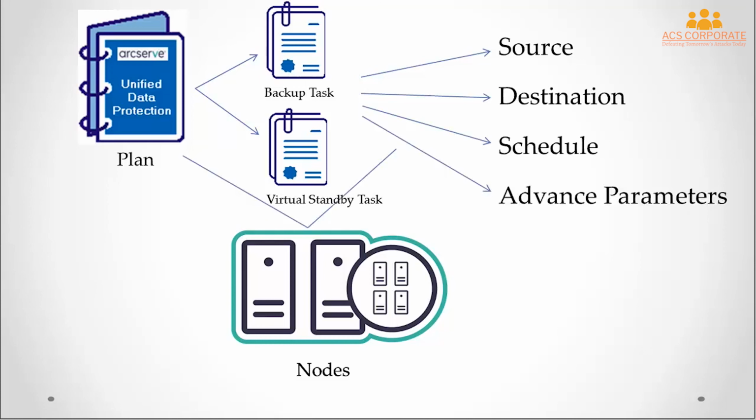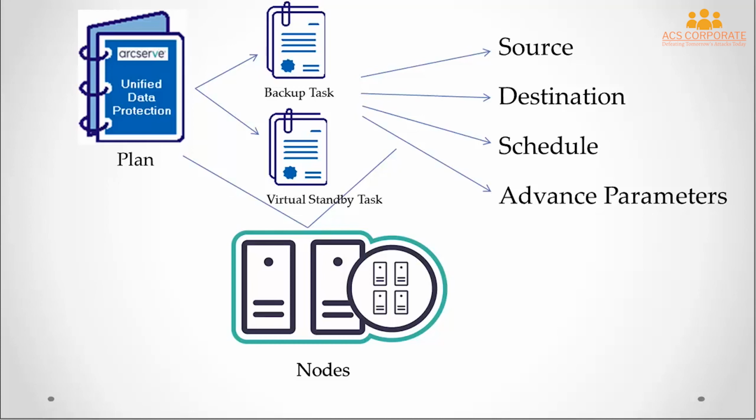This feature also provides a high availability capability and ensures that the virtual machine can take over immediately if your source machine fails. The virtual standby machine is created by converting the recovery points to a VMware or Hyper-V virtual machine format. Before you can add the virtual standby plan, you will first need to verify the following prerequisites from